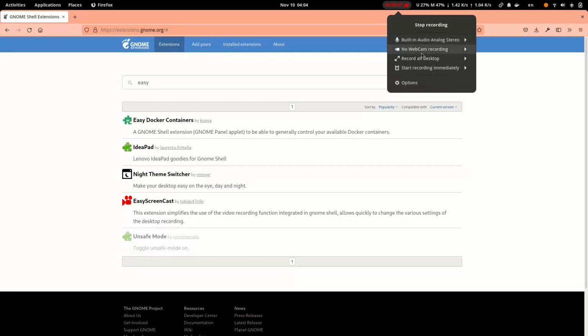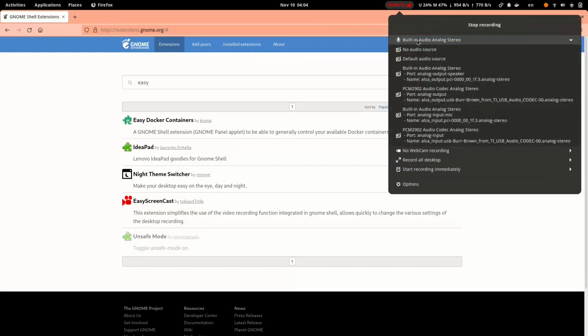Here we have the settings for configuring built-in and other kinds of input and output devices. Here I have on my system 2 input devices, 2 microphones. One is the built-in laptop microphone, and the other is the condenser microphone that is connected to my sound card but is currently powered off. So I opted to use the built-in microphone from my laptop. And if you open this, you can see that there are a lot of options. I can see that there are 2 configurations for my built-in microphone. I'm not sure what the difference between them is. And 2 configurations for my condenser microphone,